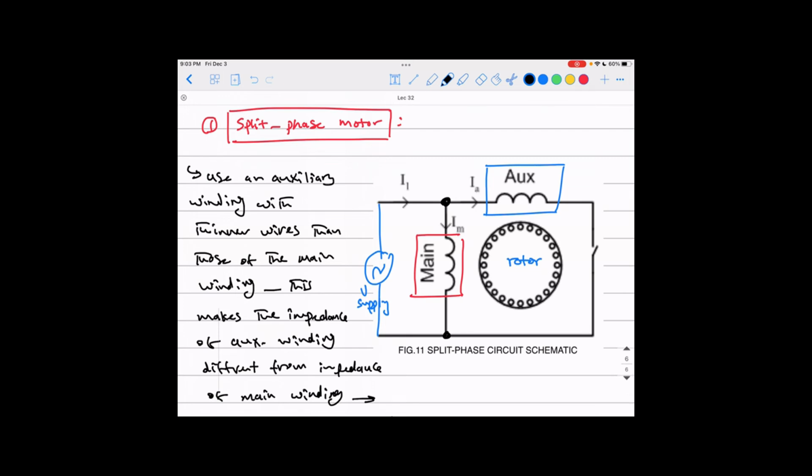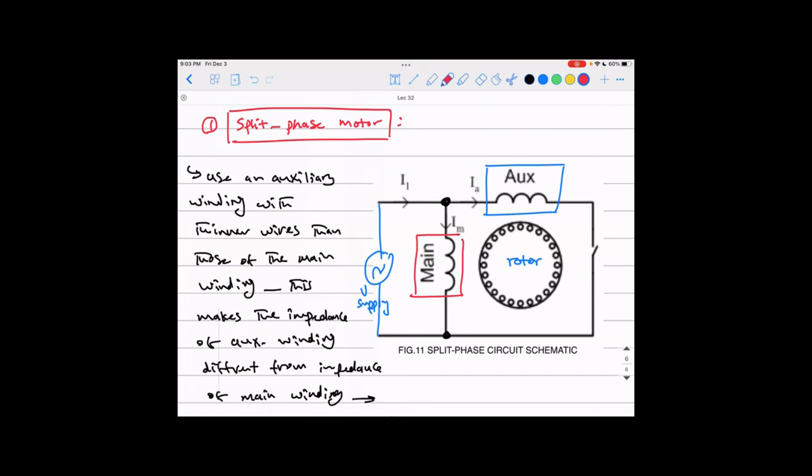identical, because if you have just two identical windings connected in parallel, they will have identical currents, and we know this because even if there are two windings with just a 90 degrees phase shift between them in space, so they are balanced windings, they will not create a rotating magnetic field unless the currents moving inside them also have a 90 degrees phase shift. Okay guys, so we cannot make the two windings identical because the two currents will be identical and that will